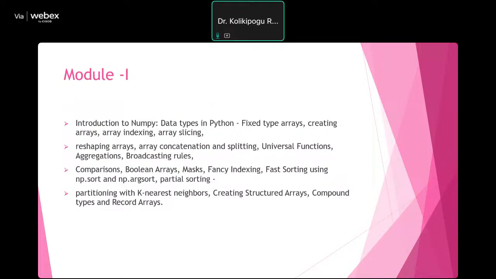This data analysis and visualization course is broadly divided into 5 modules. Module 1 will talk about the use of the NumPy library for effective numerical calculations and working with multi-dimensional arrays. In detail, it includes introduction to NumPy, data types in Python, fixed type arrays particularly, creating arrays in NumPy, indexing and slicing of